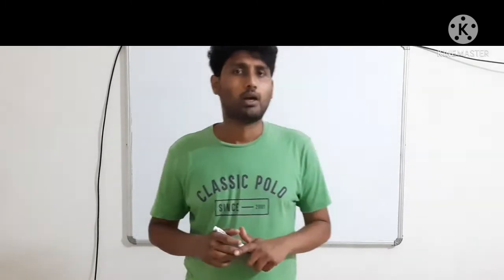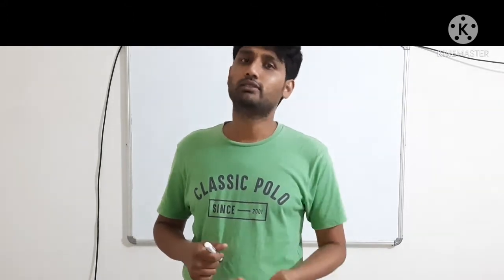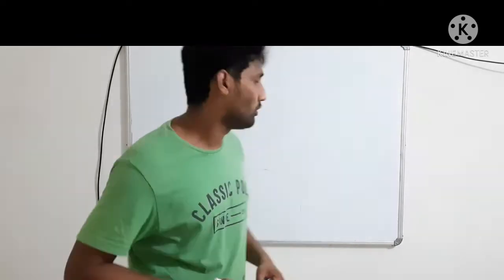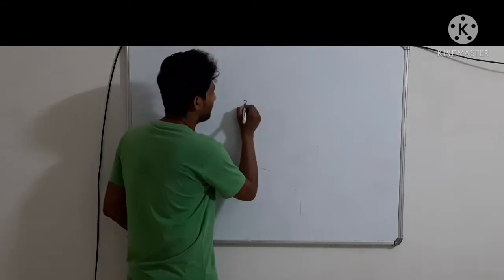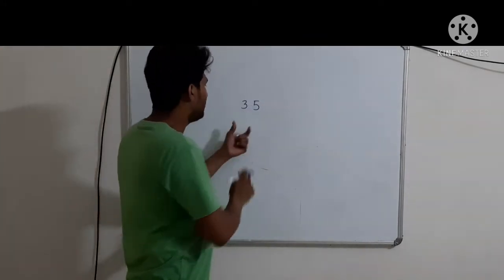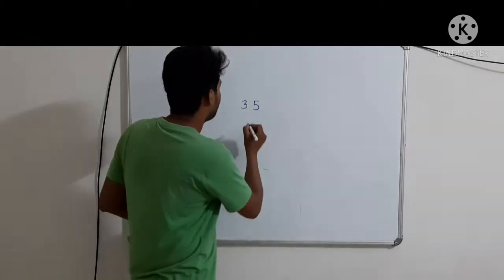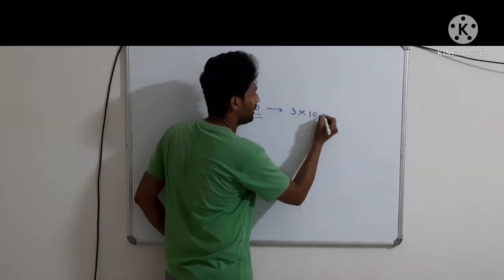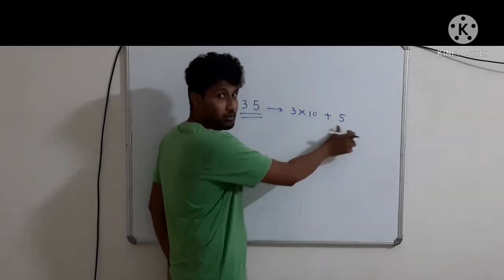So let's begin. We will not be going through the textbook way of doing it. You can read and understand it yourself. But let us do this thing together. Let us assume a 2-digit number. So let's say the number which I am taking is 35. This is a 2-digit number, right? We have seen in our previous chapters that 35 is 3 into 10 plus 5. Right? 35 is 3 into 10 plus 5.